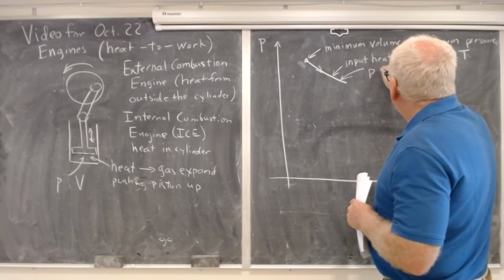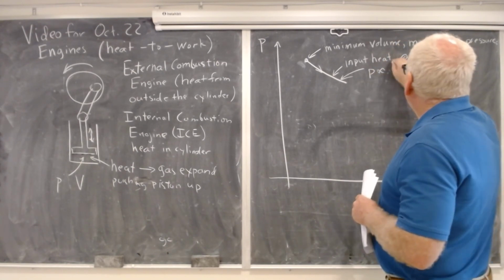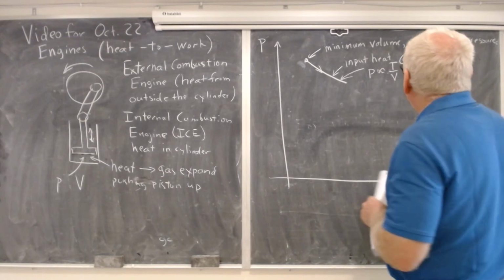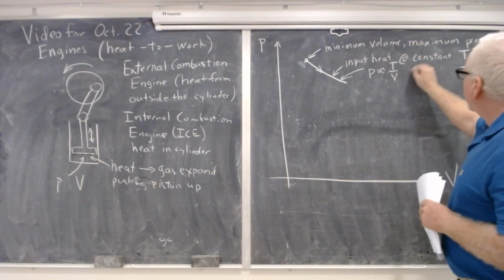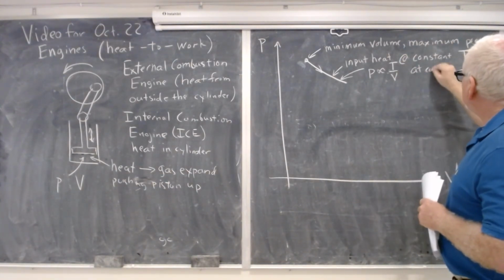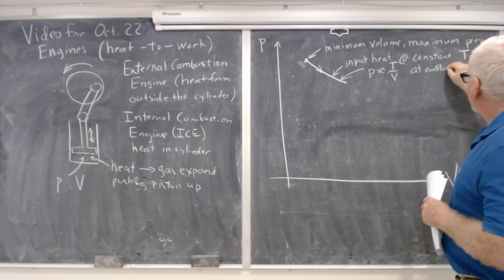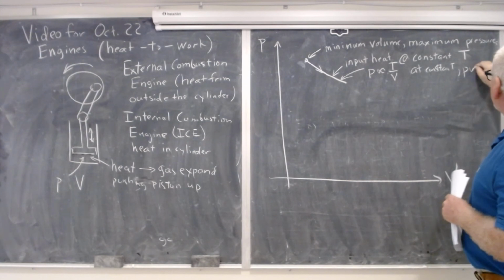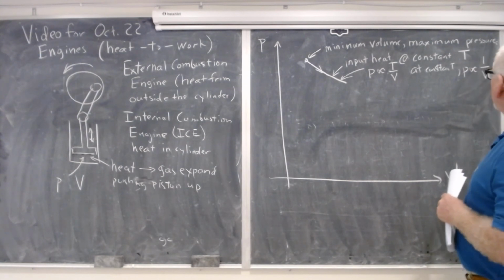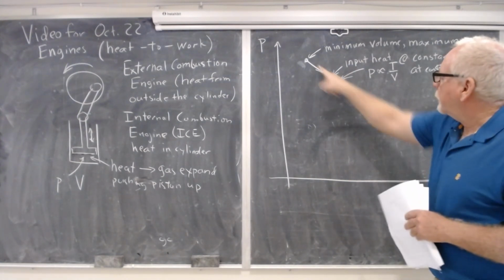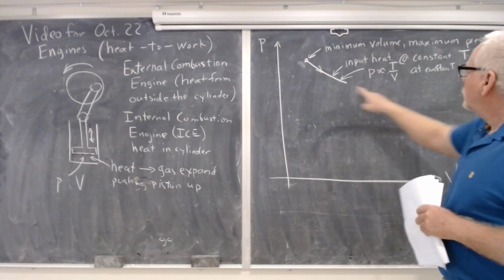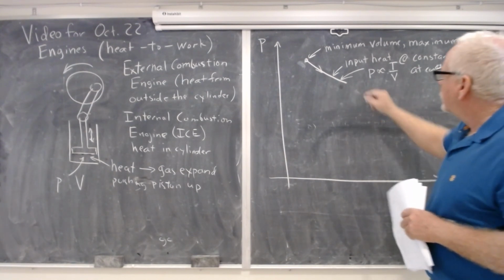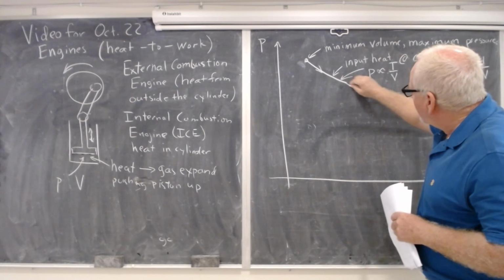And so pressure goes down as volume goes up, and you know how, because for that step, remember, P is proportional to T over V. So at constant T, P is proportional to 1 over V. So that part of the curve is proportional to 1 over V. And you do that for a while,